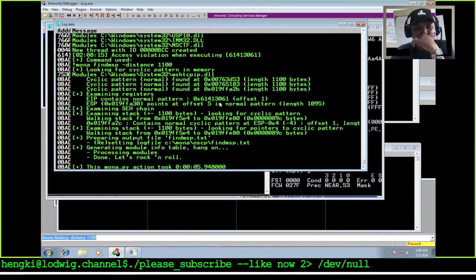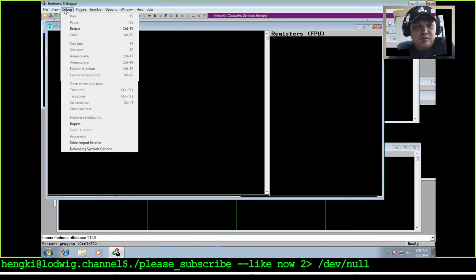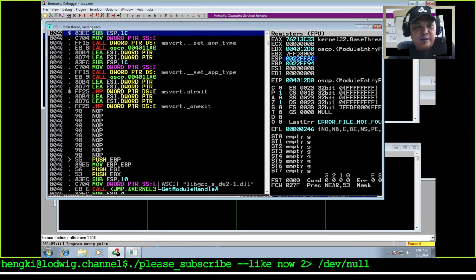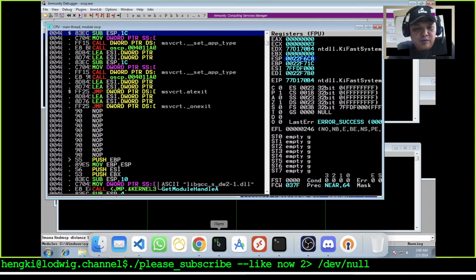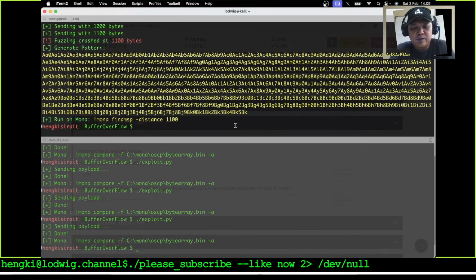Why? The internal pattern is offset 1. The rank is ESP here. So this is the ESP, not the offset of 1. Are you sure? Let us start again and start the mission. Oh no, that's clear,